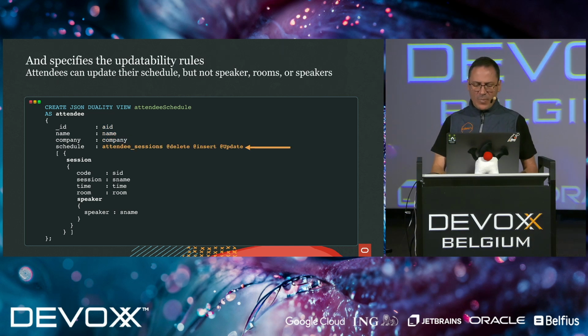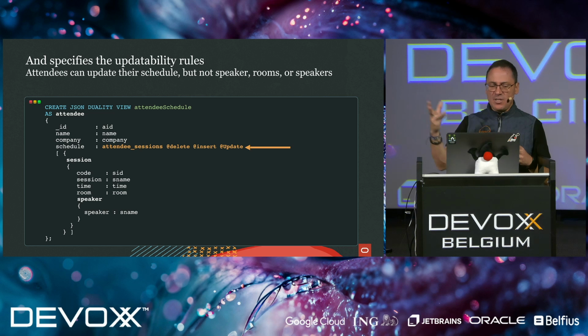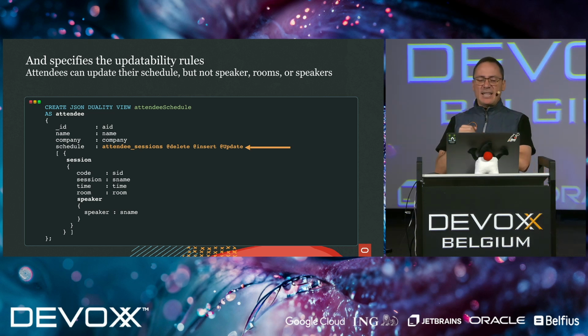We can also tell the mapping whenever we receive a document, what do you want to do with the nested relationships? If you want to do an insert of a new attendee and you have a schedule associated with it because you have sessions and whatnot, what we want to do is ensure that that new attendee has a relationship to the existing sessions and speakers and whatnot. So this is not going to insert a new session, which is a nested object. It's going to insert a new row only on the attendee table.